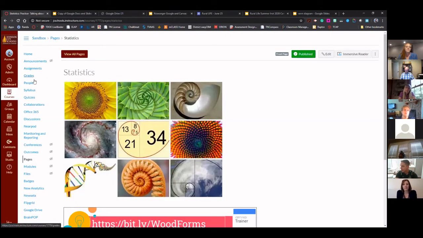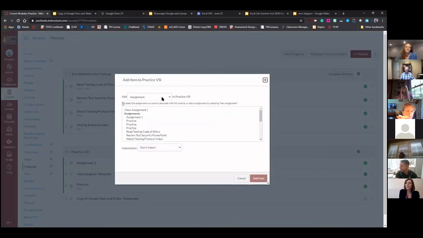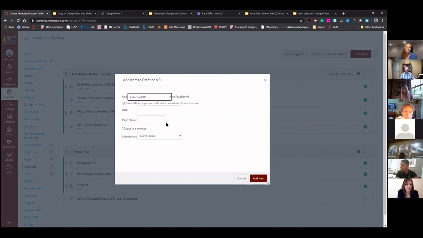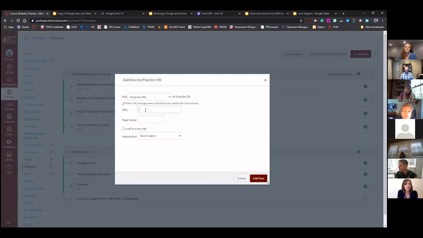If I go into modules and I want to add, instead of an assignment, an external URL, so an external link, anything you have, you can add in there from Google because everything has a web address. So if it doesn't necessarily play the right way for you based off the original adding in a Google link or making a cloud assignment, you can add this in as an external URL.